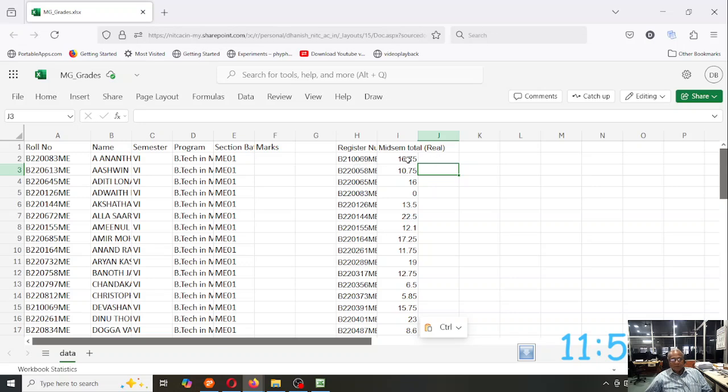I cannot just copy this column into this because the register number orders are different. So I have to enter the marks here in this column corresponding to this roll number. Okay, so to obtain that, I use the